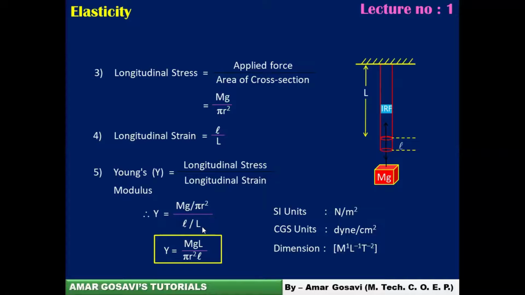See, we have estimated small l. I told you how we work out small l from the experimentation. We know how to work out capital L. M and G is something which we decide, so we know it. Small r was found with the help of micrometer screw gauge. So you substitute all these values and you get the Young's modulus.